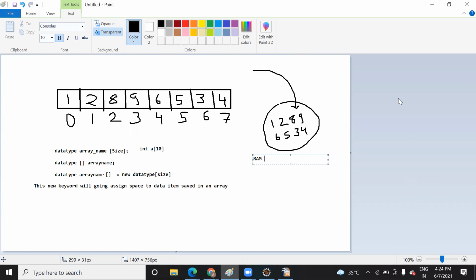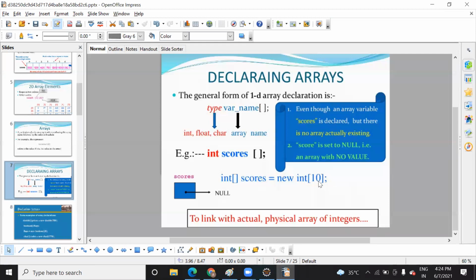Sorry, can you tell me what exactly you mean? Suppose first I ask the user to enter the size, and then I store that size in a variable, suppose n. And then for the declaration of the array, I put integer a and in the subscript I put n. So here you can also declare size equal to whatever the user wants, and then assign it here. Yeah, in Java we have to do it in this way, right? We cannot just do it as integer scores and then put the size in the subscript.